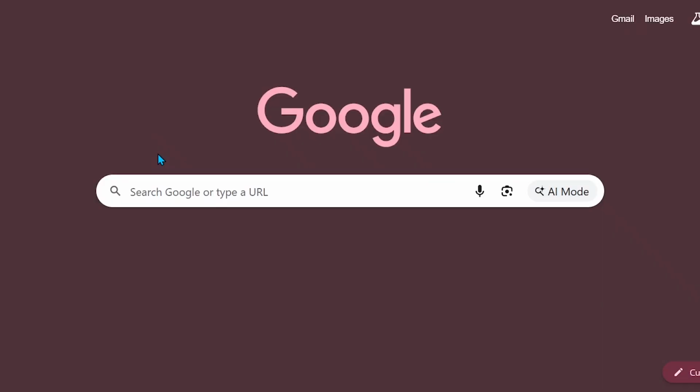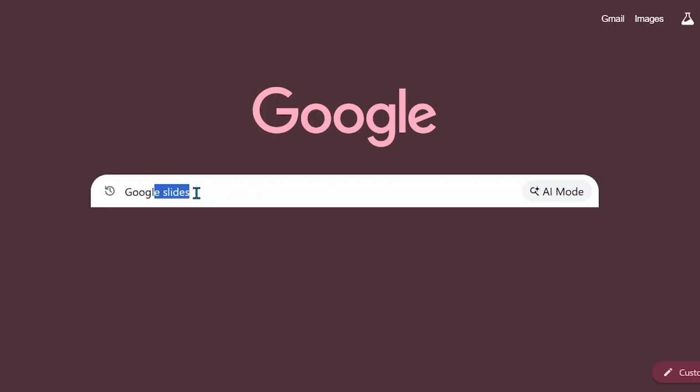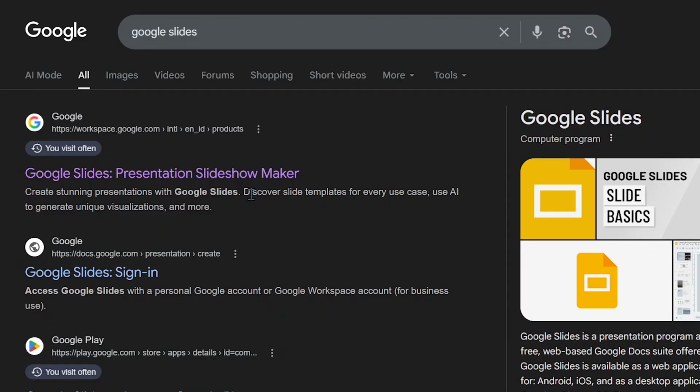After the browser launches, move your cursor to the address bar at the top of the window. Type Google Slides in the address bar and press Enter on your keyboard to search for the website. From the search results that appear, click on the official Google Slides website to ensure you are accessing the correct